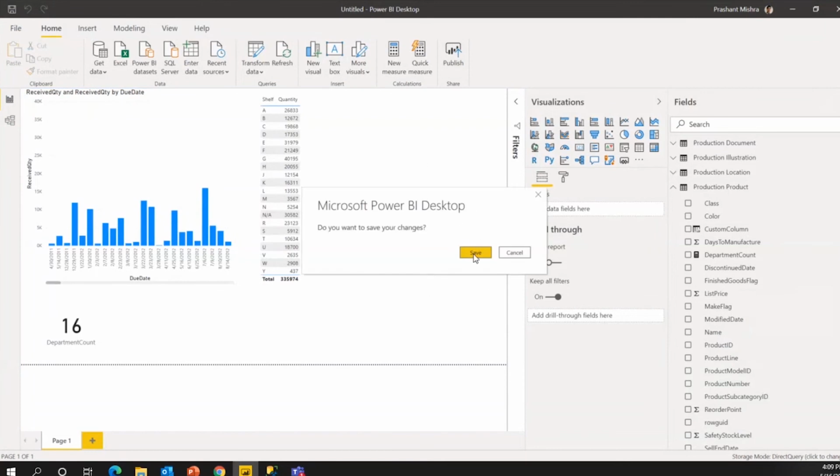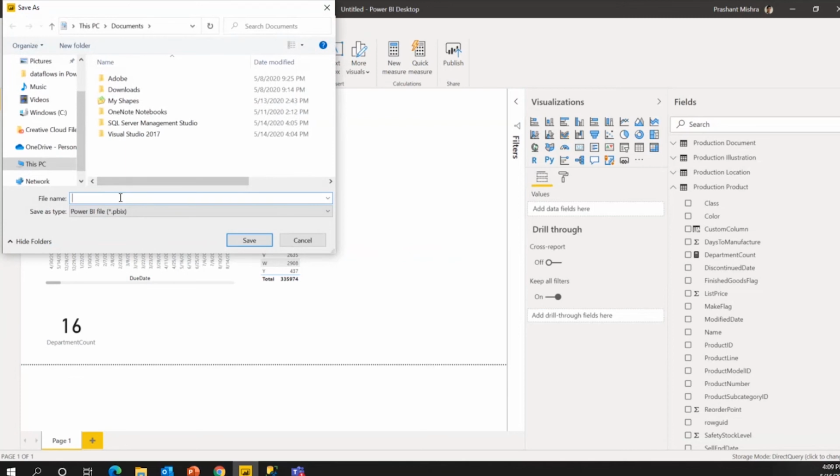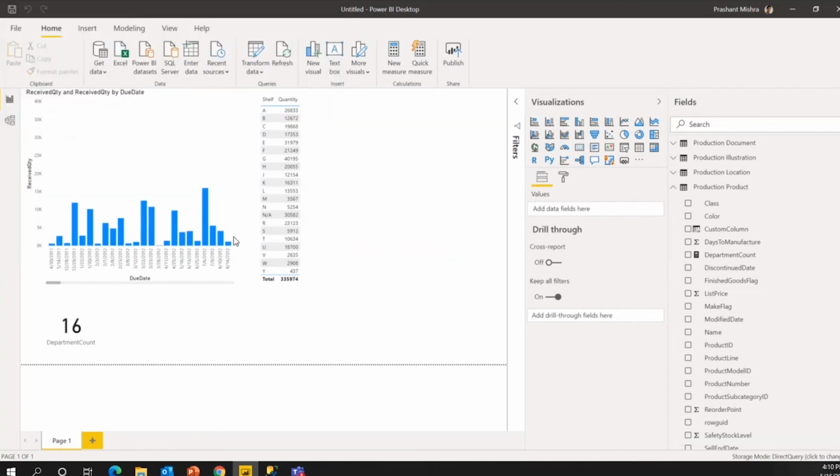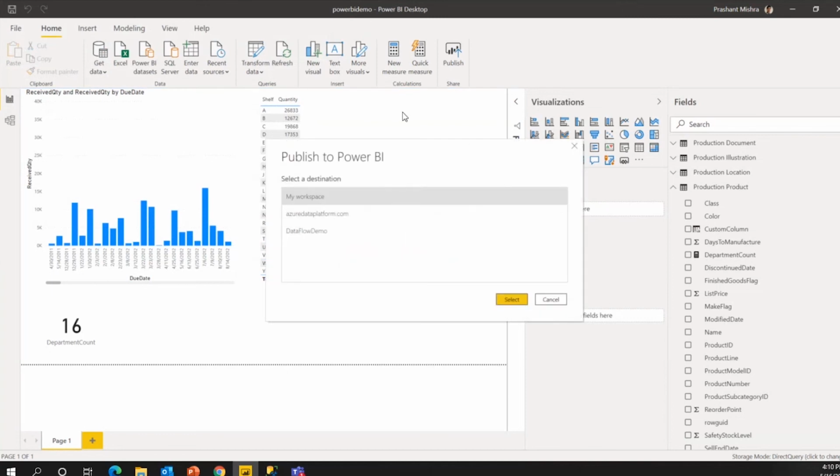Before publishing, it will ask you to save because I have not yet saved, so let me save it. Then it will automatically ask whether you want to publish to My Workspace or Azure Data Platform.